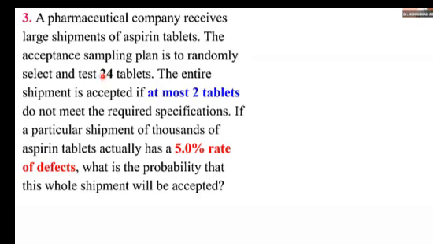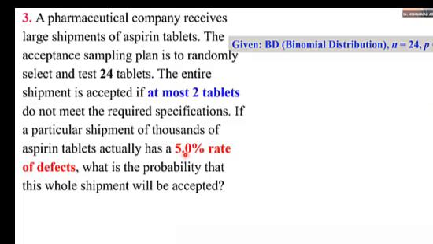And what is p? P is known as the probability of success. Now, it may not necessarily represent something positive, but that's the terminology that is used in statistics. So each one has a chance of being defective at 5% or 0.05. So you're dealing with BD, short for binomial distribution. N is 24, and P, the probability of success as it's called, again, not a good thing, doesn't have to be positive,